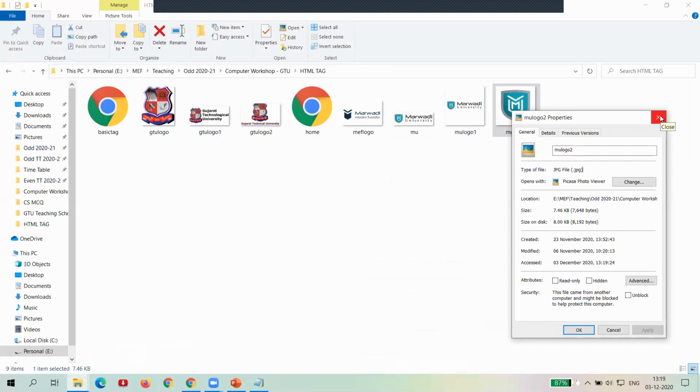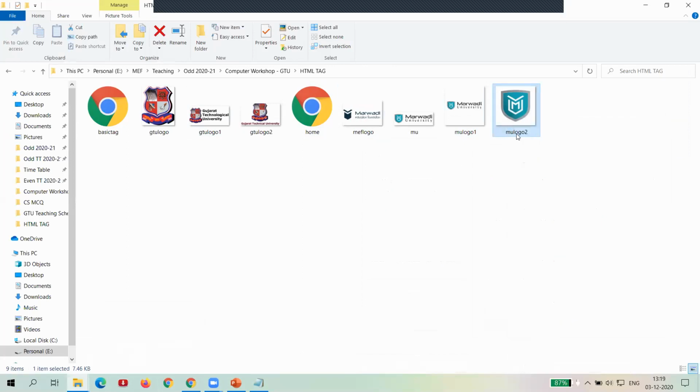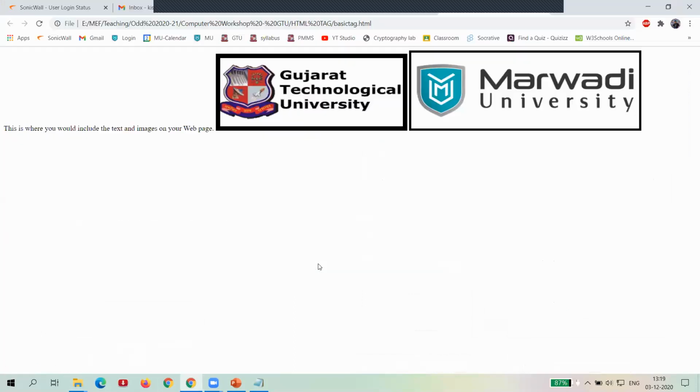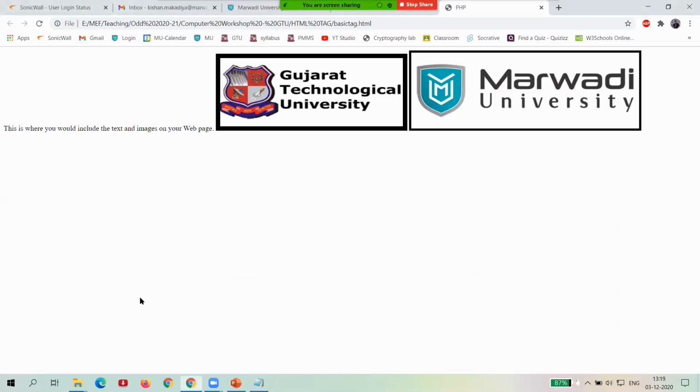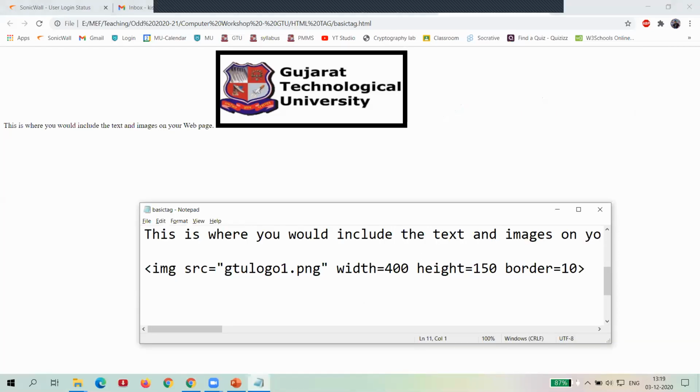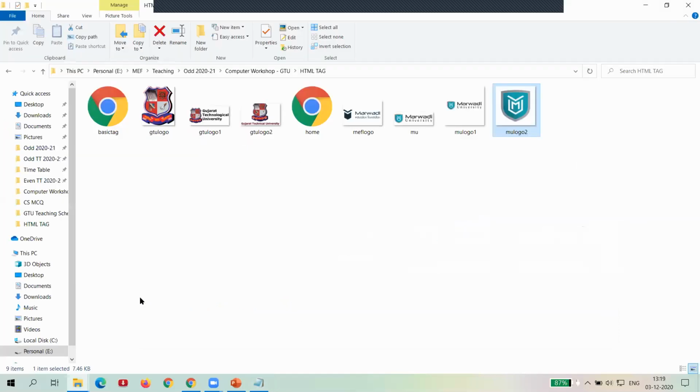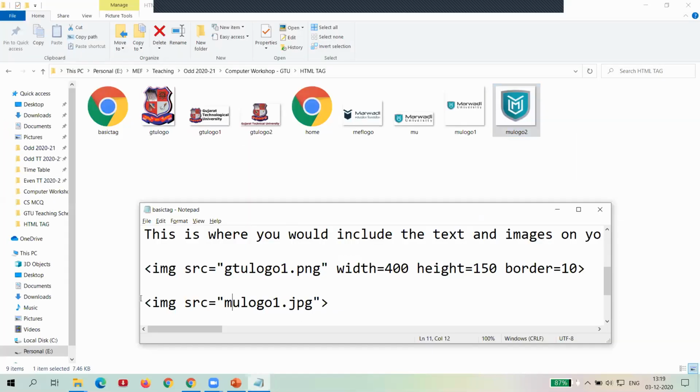So let's use the MU logo and check for that also. First of all, I have removed that. Now write image src equal to MU logo 1 JPG. So the file name is MU logo 2.